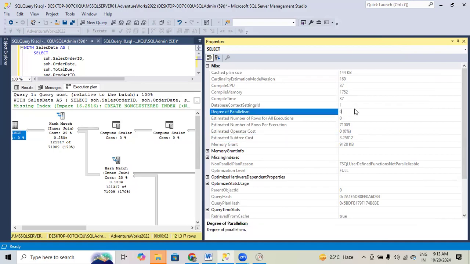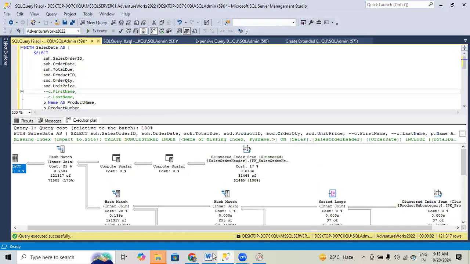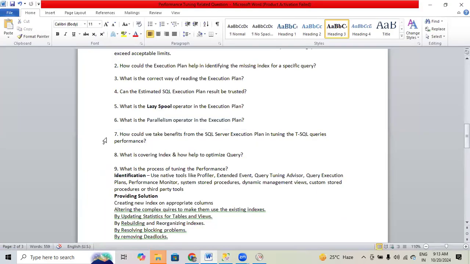So if we are changing the value of subtree cost, like 2, it means if query cost is more than that, that should be part of parallelism. But here it is not happening. I will try to check. Okay. Next,